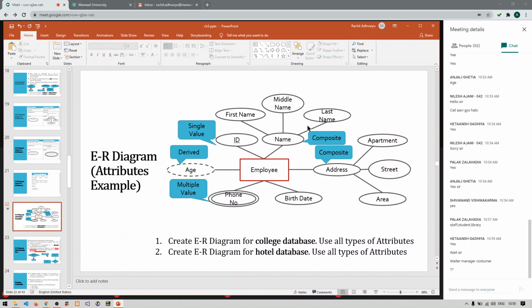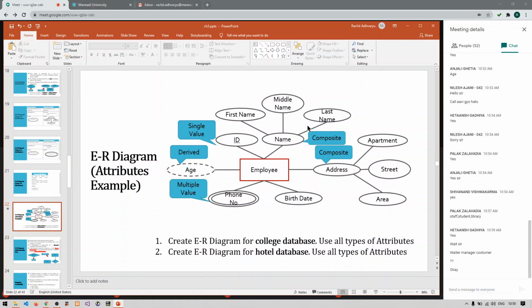Okay, fine. You can say staff and customer. Staff, room and customer. This can be the three types of entity sets. Three entity sets of a particular hotel: staff, room, customer. So for room you can have a room number, room type, room charge, facility, whatever you like you can add in that particular.